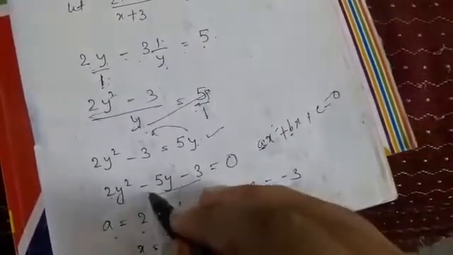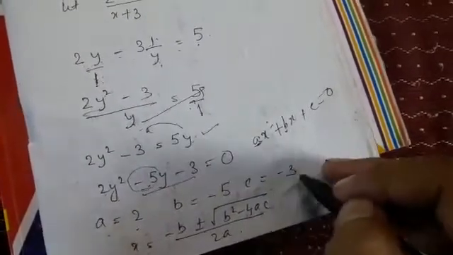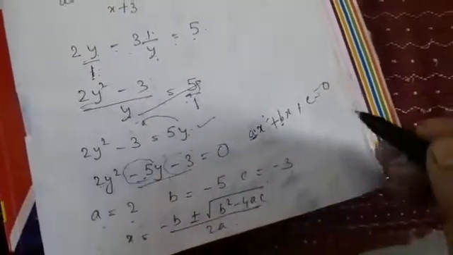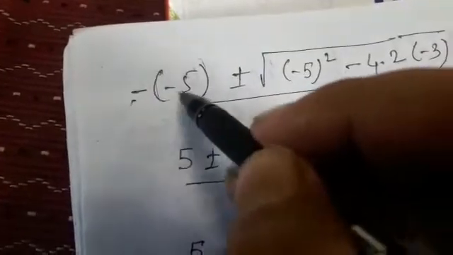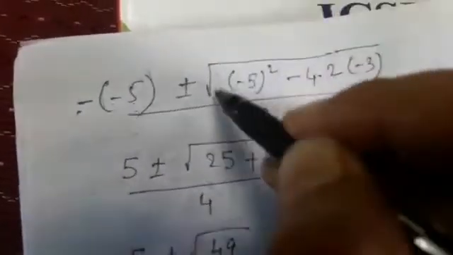Your b is minus 5, and your c is how much? C is minus 3. So you have got our values of a, b, c. Put the values of a, b, c in the required quadratic formula. You will get minus, now this minus is for the formula, right? So your b is minus 5, so in this place you put minus 5, plus minus root under b